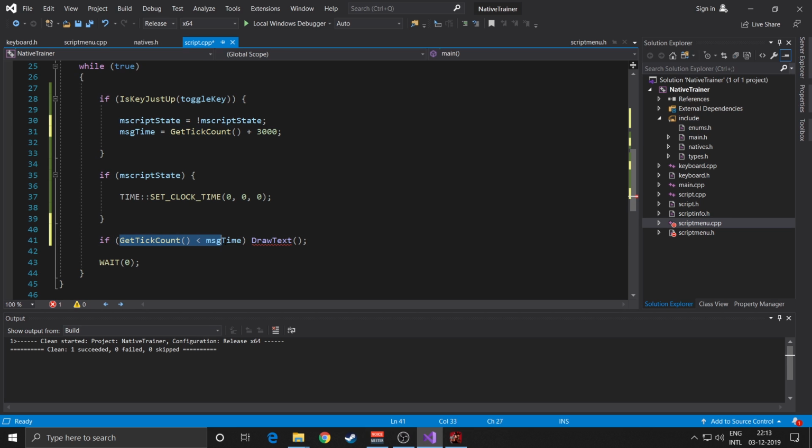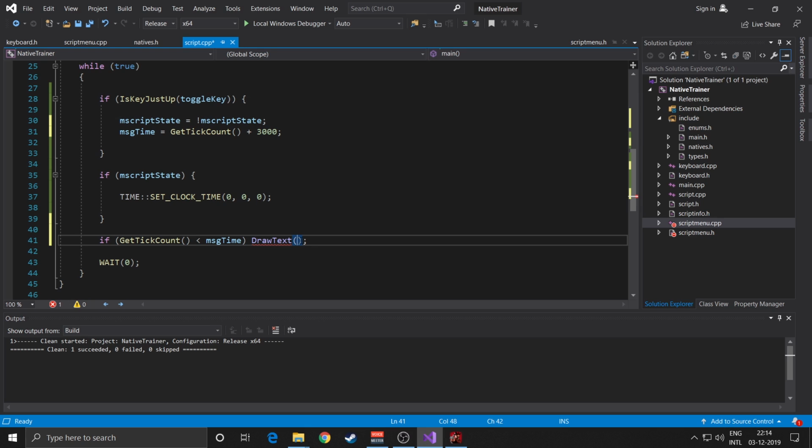So what this conditional expression basically says is if the current tick count is less than the message time, so the message time is the amount of time that the message is allowed to be seen, then the draw text